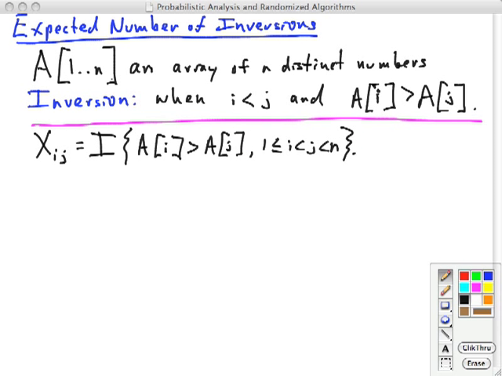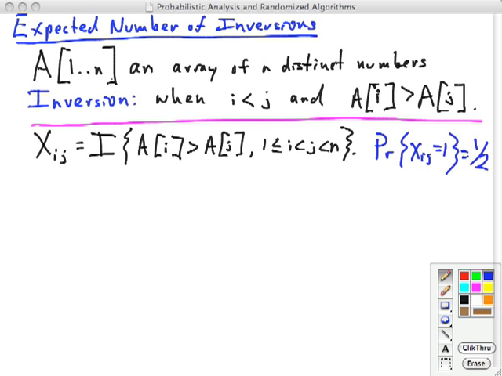So what this says is x_ij, with i and j ranging from 1 to n under the constraint that j is greater than i, will have the value 1 when there is an inversion. So the sum of these variables will be the count of the number of inversions. Okay. But we know that the probability that this random variable takes on a value 1 is 1/2